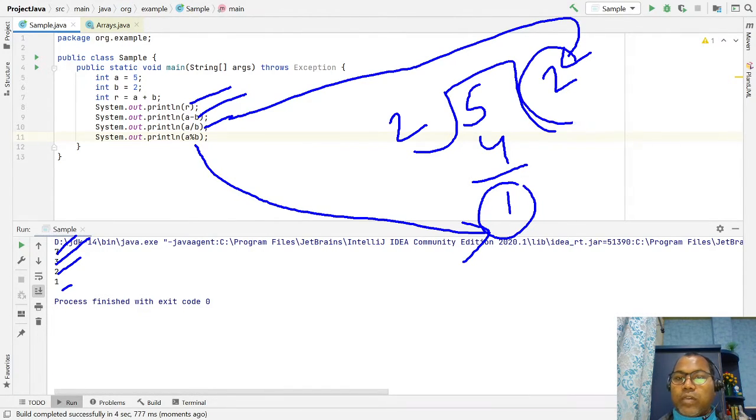If you want this output, you have to divide, and if you want the remainder, you can use the modulo operator. In this way, Java supports these operators, but you have to know the precedence order in which they are evaluated.